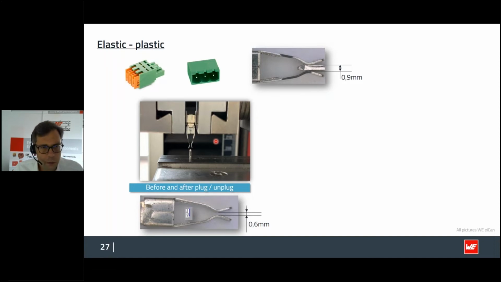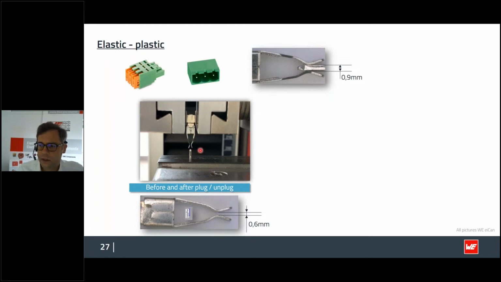Connectors are components that you mate and unmate quite often during their life cycles, and therefore you need to take into consideration that you can meet the required mating cycles within a certain lifetime. And in this case, you use copper alloys that have a better elastic and plastic